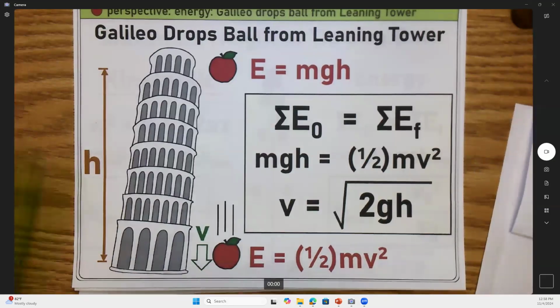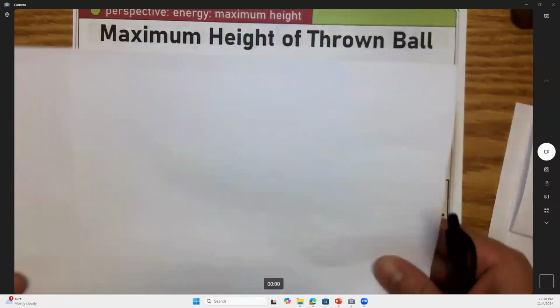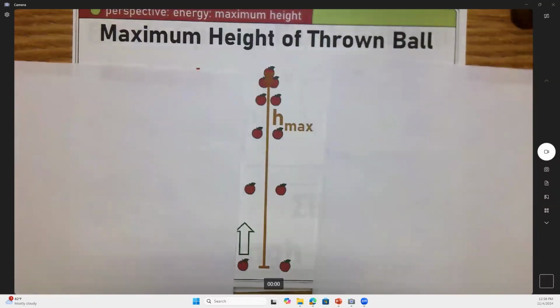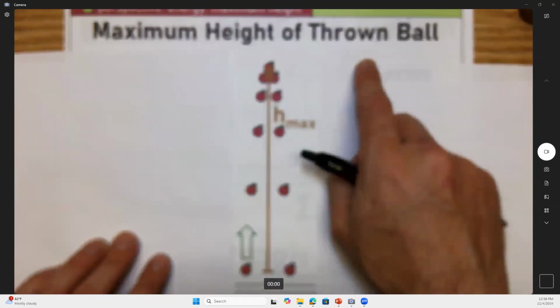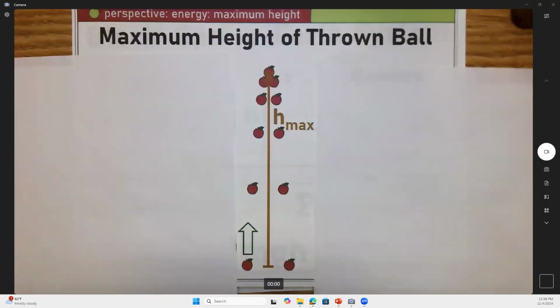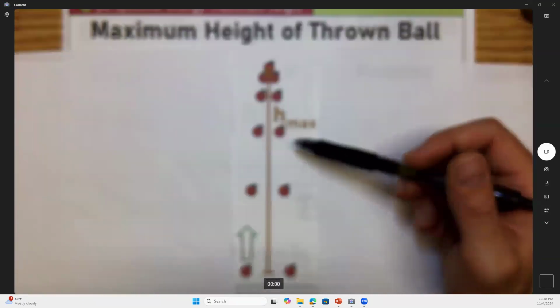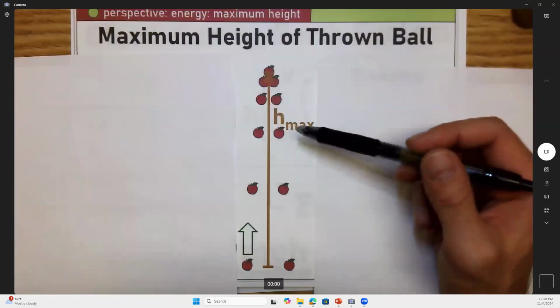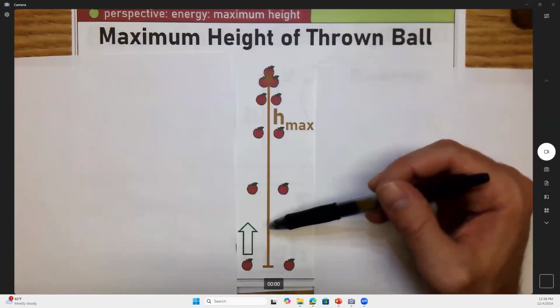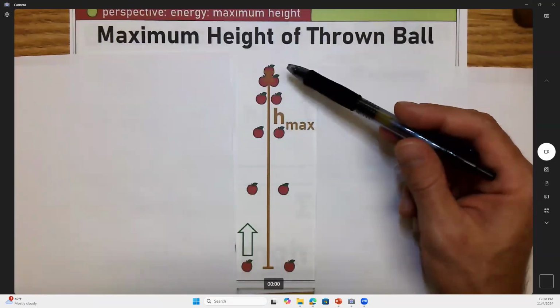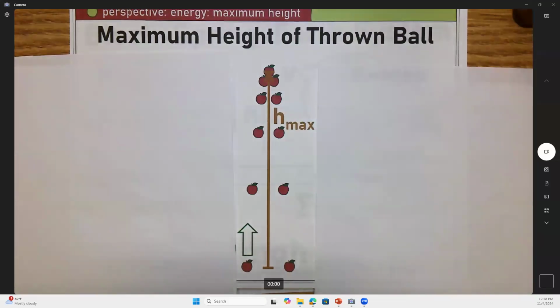Next one. Get more paper here. All right, so let's do something really similar to this, which is not a whole lot different. Let's throw the ball straight up. See that maximum height of a ball thrown straight up? I'll give you two different stories, but they're kind of the same scenario. What if you and some friends get together and start throwing some balls up, like who can throw the ball the highest? If you know how fast you can throw, do you think you can figure out how high you can throw it? Or here's the reverse story.